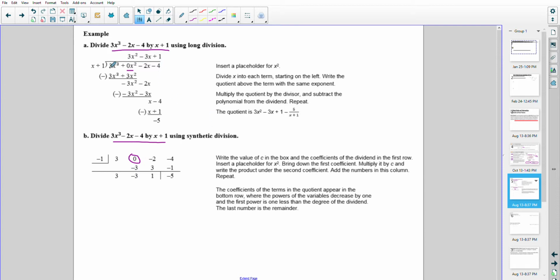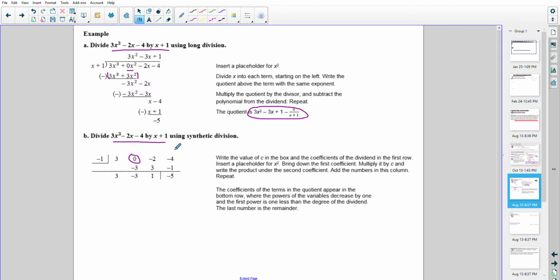And when you go through, notice that this term lines up with this x squared term here, and you're multiplying this by this, and you're getting these, and you're subtracting down. I like to put big parentheses here to remind me that I'm distributing that negative all the way through. And then you get a remainder of -5,